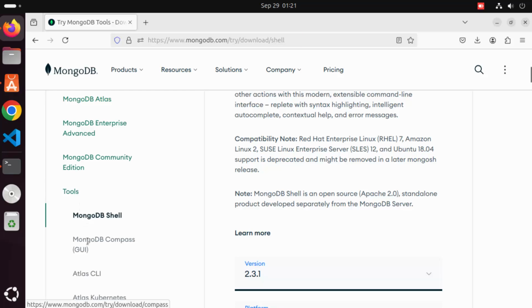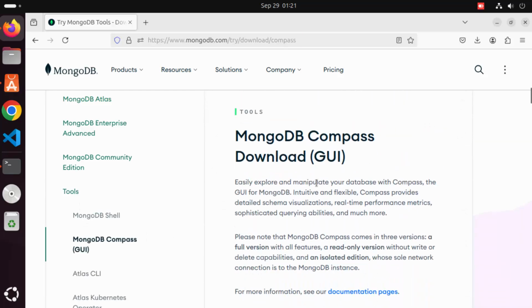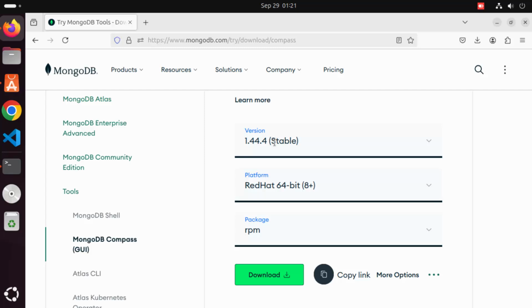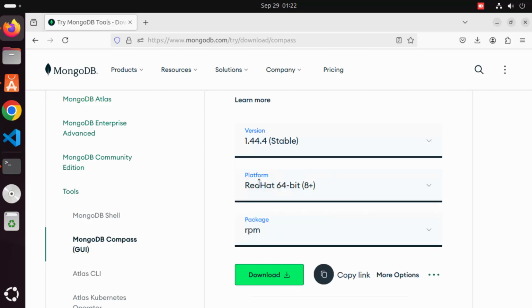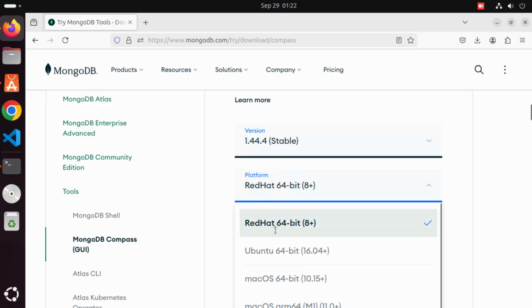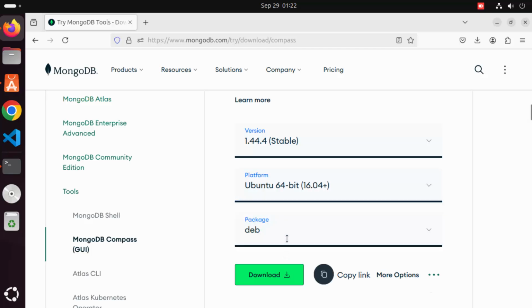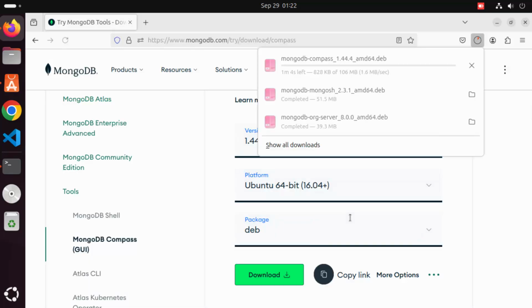So I'm going to click on MongoDB Compass GUI. Here I'm going to select the version. The latest version at the time of making this video is 1.44.4, and then the platform will be Ubuntu. So I'm going to click on this Ubuntu 64-bit, and then the package is Debian. So I'm going to just use DEB here and then click on the download button, which is going to download this